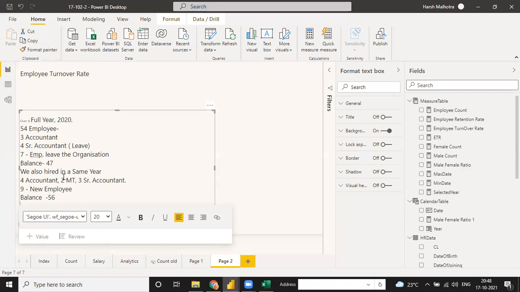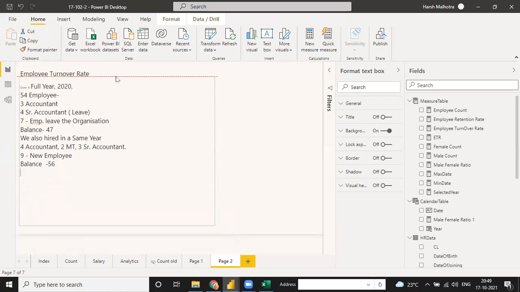So this is just layman language: in 2020 we have 54 employees to start, 3 and 4 leave, then 7 total leave in the full year, and the balance is 47. Then we have new employees hired in the same year, 4, 2, and 3, which is 9. So the balance is 56. So how do we calculate that kind of ratio? I'm going to talk about that.